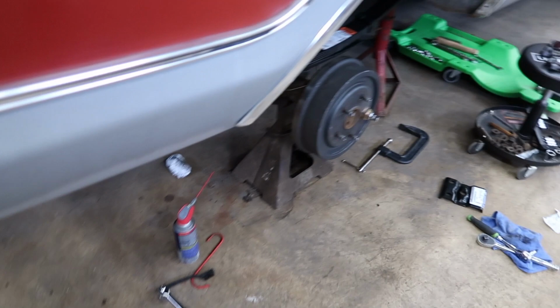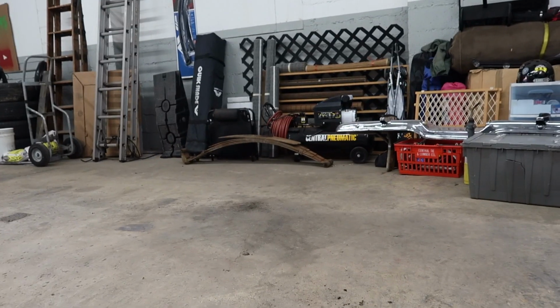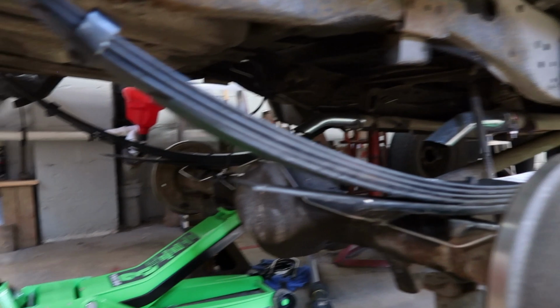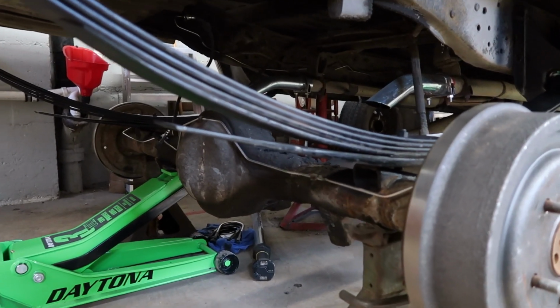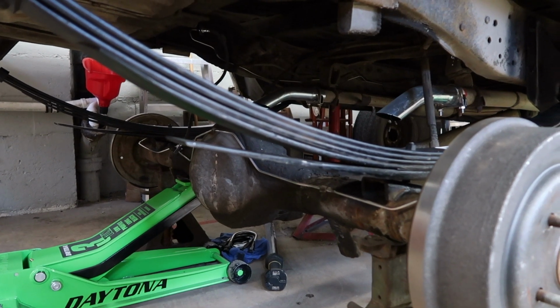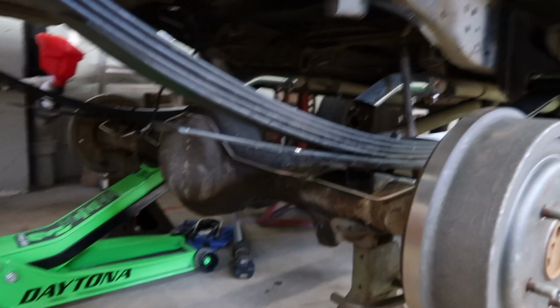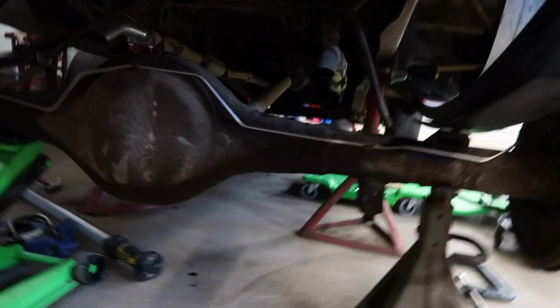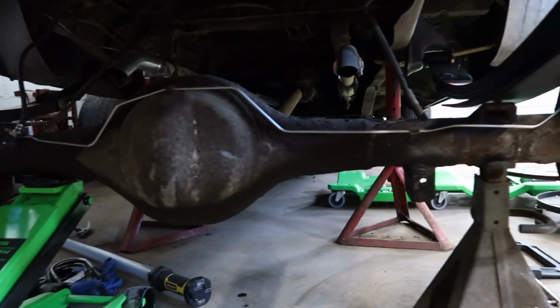So I want to point something out here. So this rear end, of course, with the old springs being bent and twisted the way they were, the rear end was exactly a 1/2 inch towards the driver's side. And I have simply just went straight up, straight down a couple times with this rear end. Now, I don't know if it's shifted any by doing that. It shouldn't have. And by looking at the drive shaft, it doesn't look like it has, but